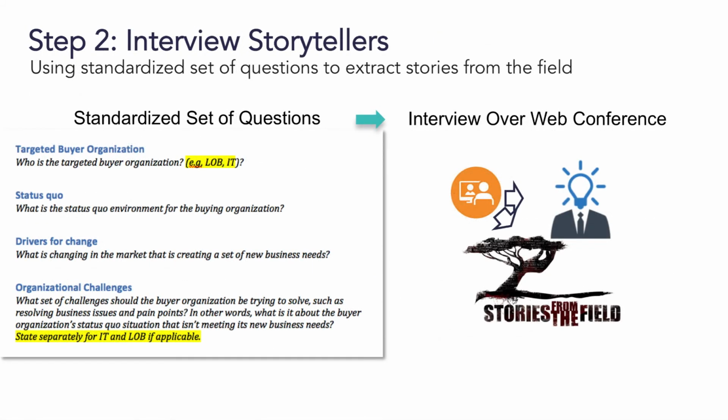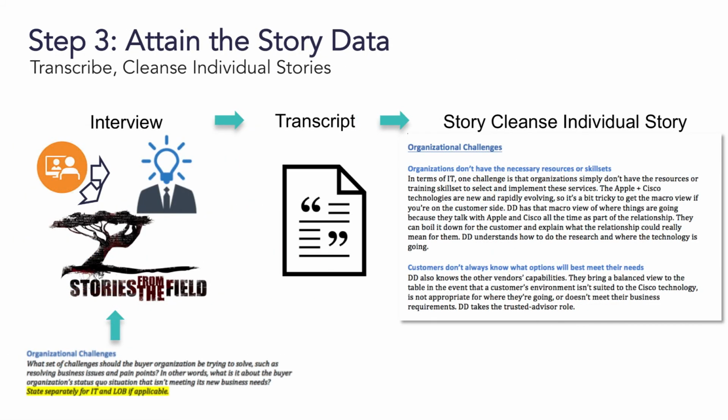Step 2 involves interviewing the identified storytellers. For this step, we do need assistance from the customer in giving us introductions to the people to be interviewed. Once we have the email introductions, we can take it from there. In step 3, we take the raw transcripts from the interview and clean the story so the storyteller's answers are clearly readable under each question. We also summarize major points made.